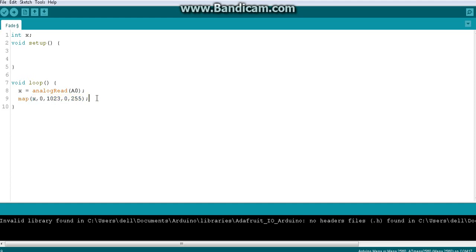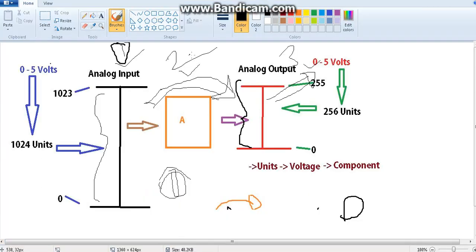If you have any doubts, just go to Google and search for map function Arduino, and you will get how this map function works, what the parameters are, and what format the parameters should be passed in. Then you will understand why I have passed these values this way. Or otherwise you can watch my videos on the map function, that also will help. Then we should assign the map function value to another variable. Let's call the variable y, and since it is also an integer variable, we are supposed to declare it as integer y. Totally fine. So the second step is now done.